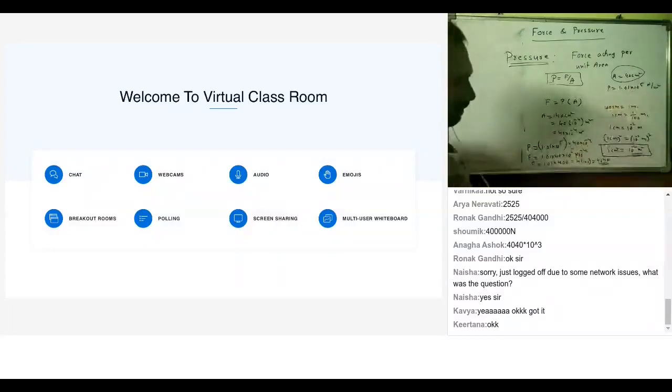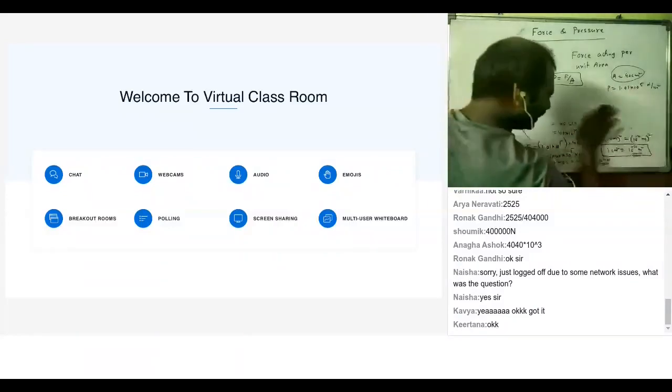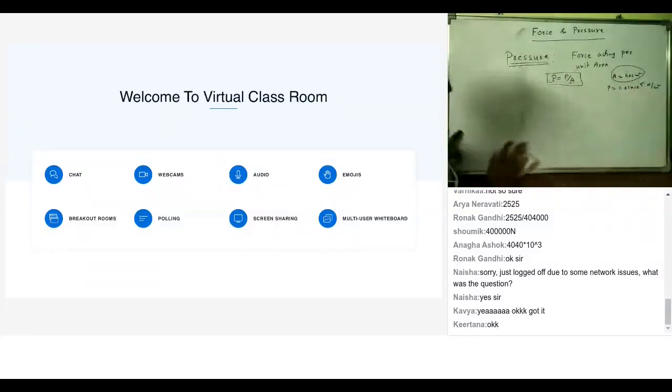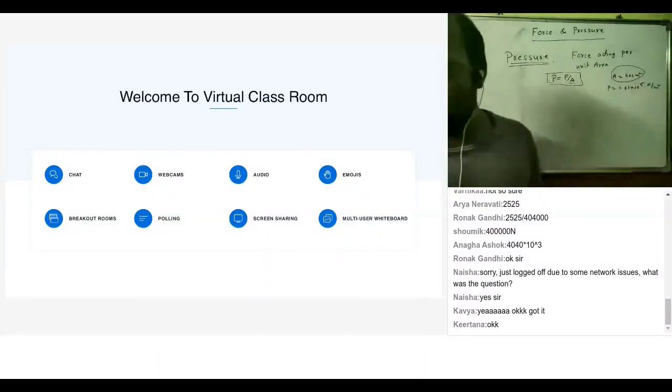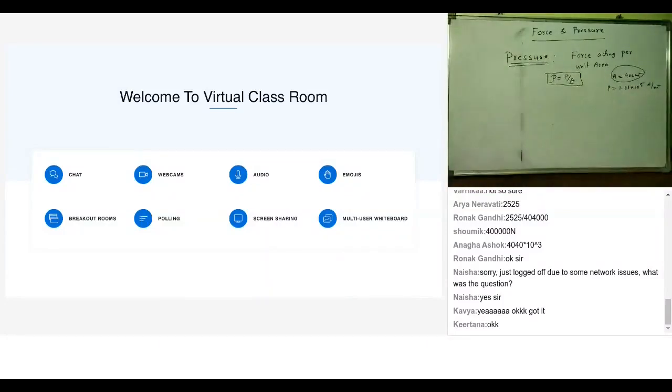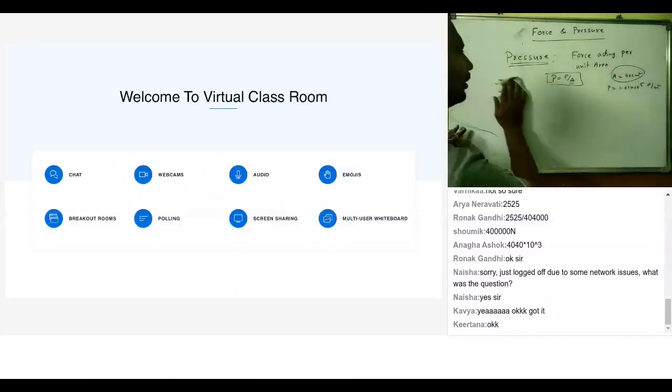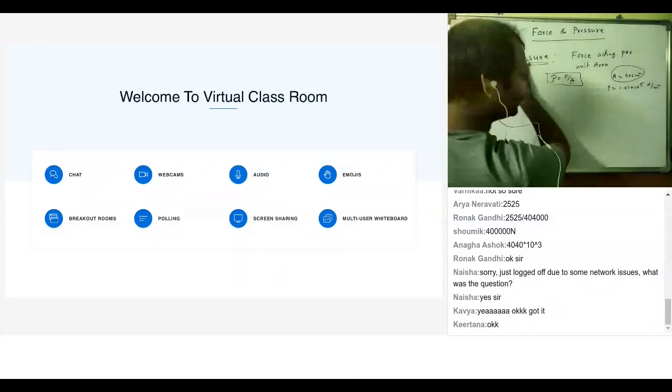That is kilogram, meter, and second. So I just wrap this. Now let's look at other things. I hope you understood what is pressure. Pressure is force acting per unit surface area. Fine. So we are now seeing what is pressure due to the atmosphere on the surface of the head of a person.